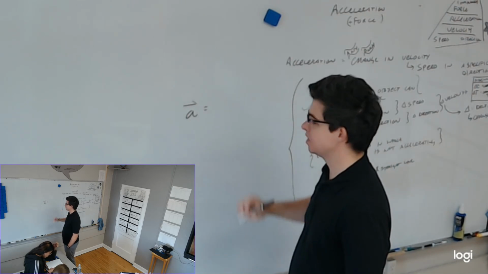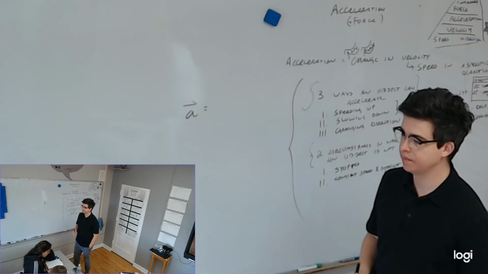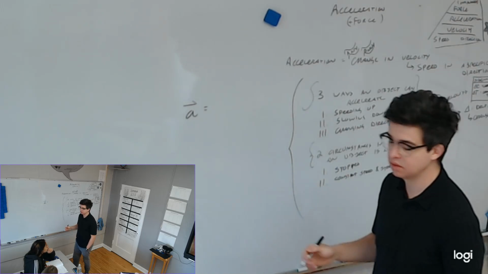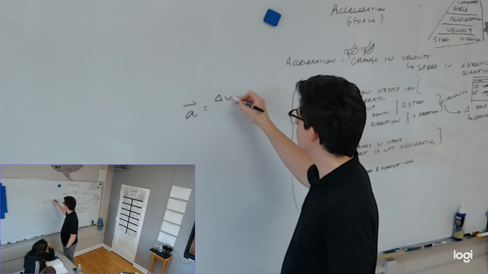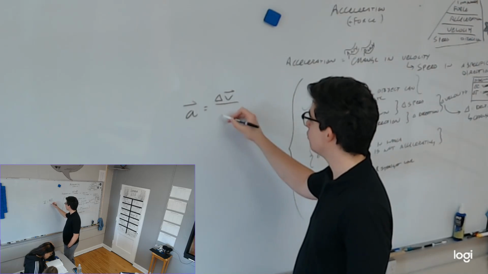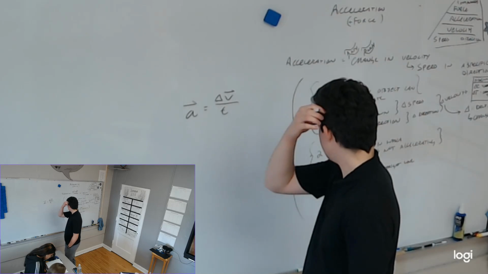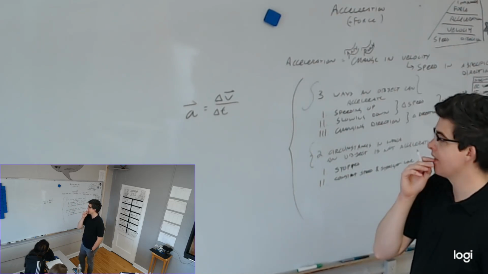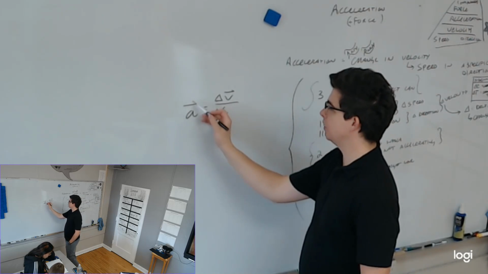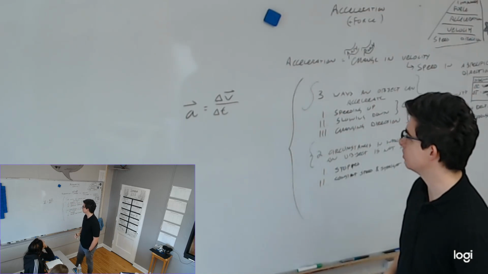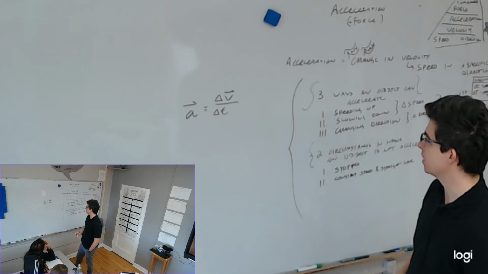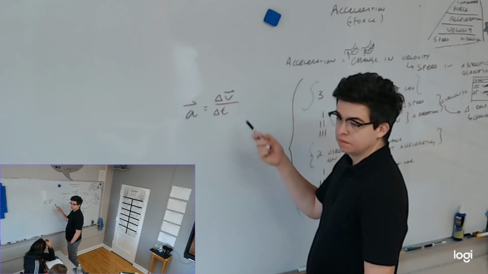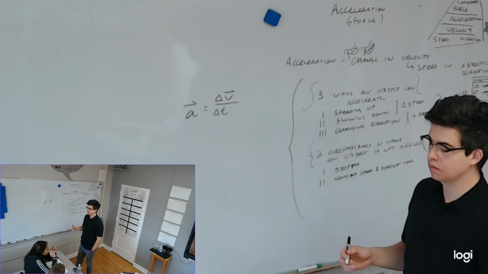Well, what do we know it's definitely going to depend on? Direction. Yes, because it's depending on what quantity? Both of those together make velocity. So delta v, change in velocity over time. Sometimes we even put change in time. It doesn't really matter. What if the arrow is the other way? It doesn't matter. We always indicate it with this arrow going that direction over it. That just means it's a vector quantity, even if it's going the other way.